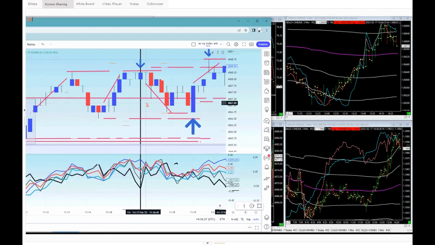I shouldn't really do it at this time of the day because people will be busy and not paying any attention. But the basic idea of it is context. There was a miss on the context of the macro. There was a miss on the context of the macro value, the macro levels.